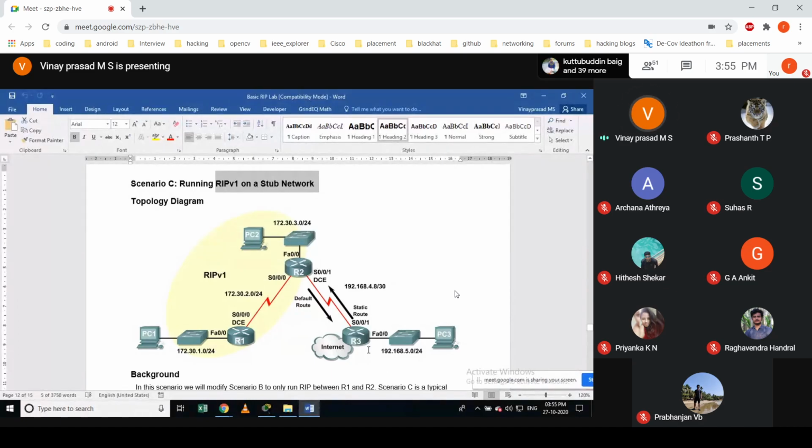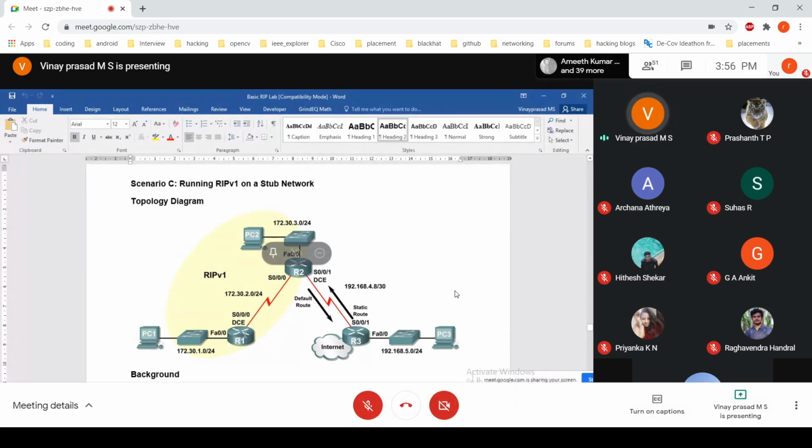This is what we call a stub network. It is a network having both RIP and static routing. This is what we really do in real times. You can think of this as our campus network, where you see the RIP version one region, which is shaded.